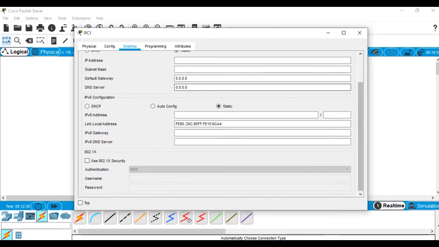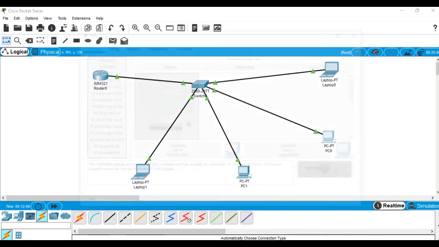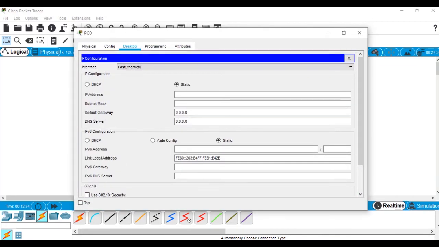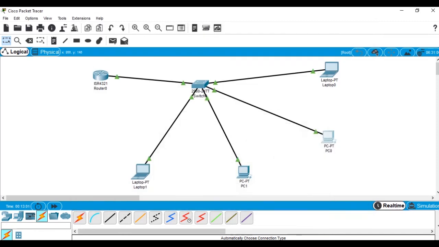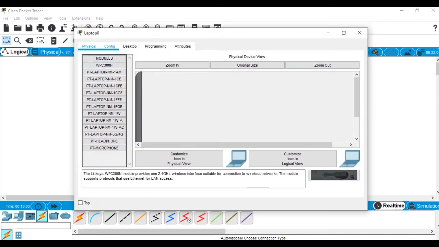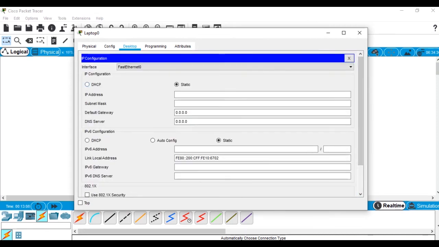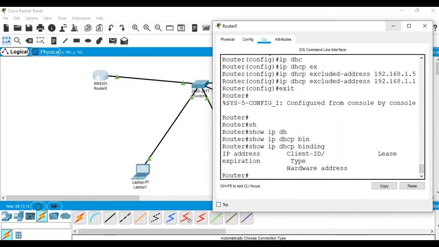We'll go to IP configuration and we'll go to DHCP, and it will acquire the IP address from the DHCP server. So we'll check with the other systems also, and we can see that the configuration is perfect and they are taking the IP addresses. So now we'll check the router again.